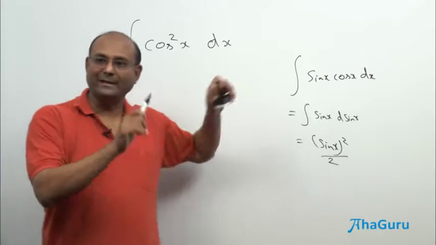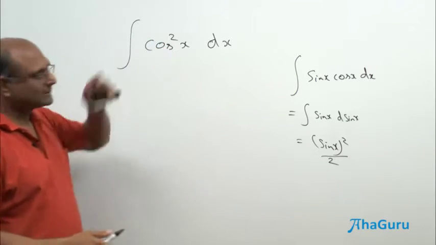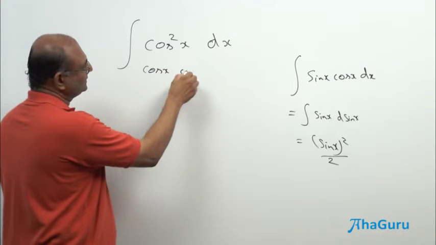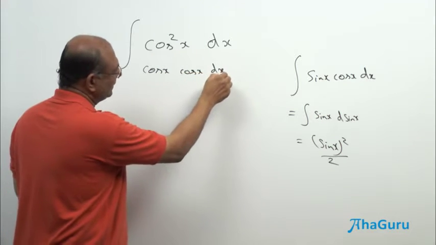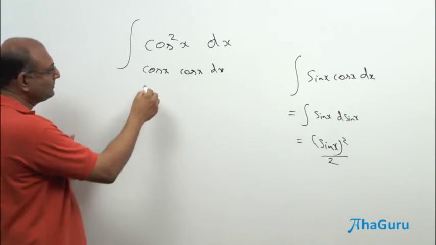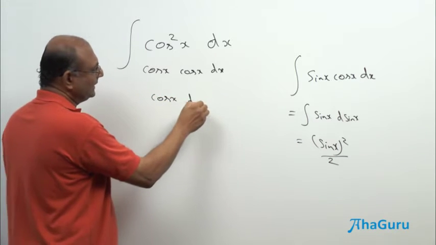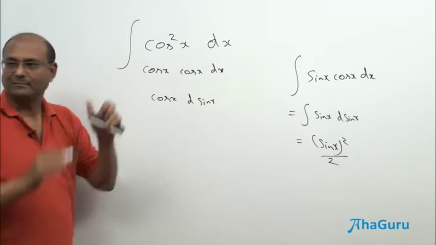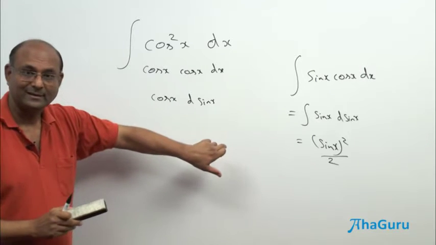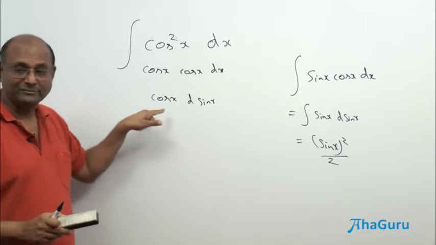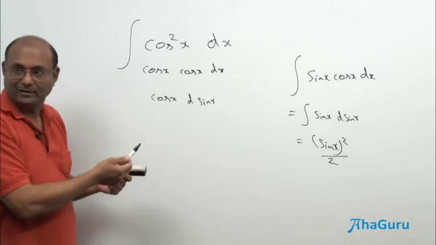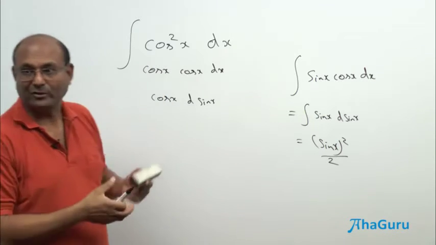Now this is the standard way that we have so far been doing. What about something like this though? Well, you can think of this as cos x cos x dx. Now if I try to take cos x inside, it will become d sin x. Now this will be cos x d sin x, and it's a little messy because we don't know what to do. If this was sin x d sin x, that will be cool. But now we don't have sin x d sin x, we have cos x d sin x. So obviously this is not going to work. So we should think about another way to go about it.